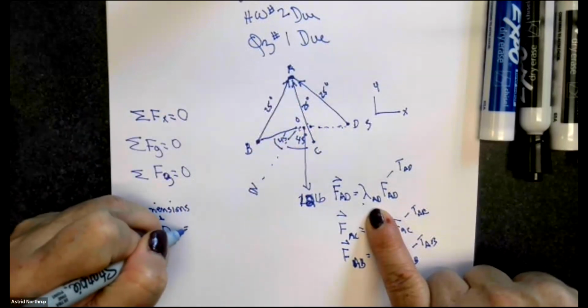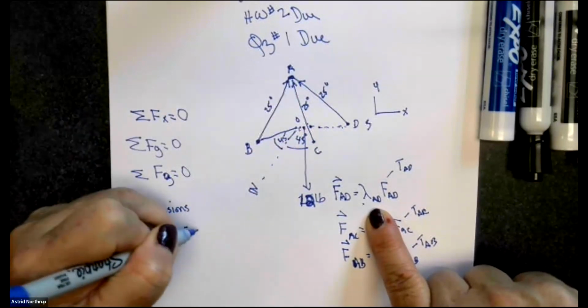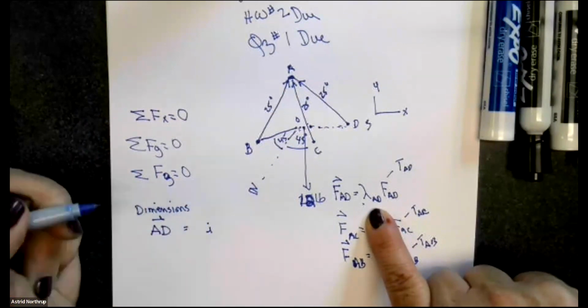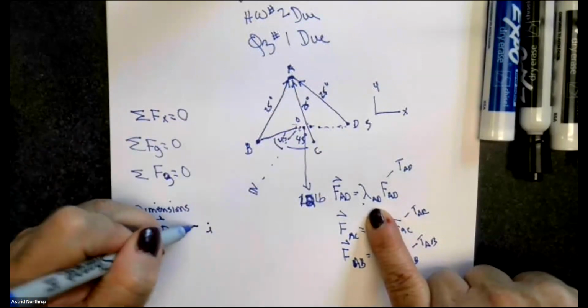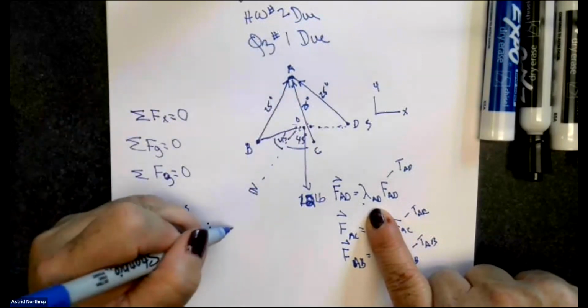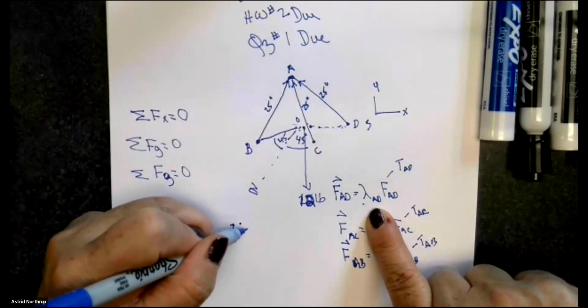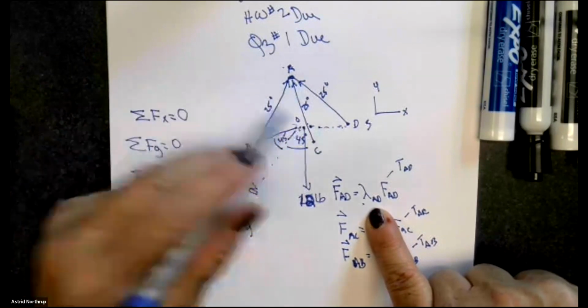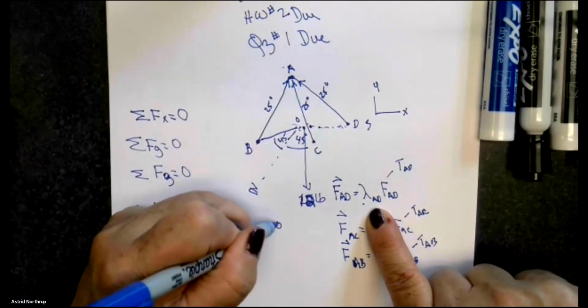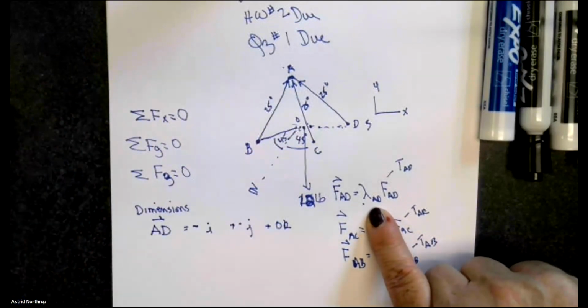In other words, AD has some component in the I direction, which is negative, and some component in the Y direction, which is positive, but no component in the K direction, because it's directed right along that axis